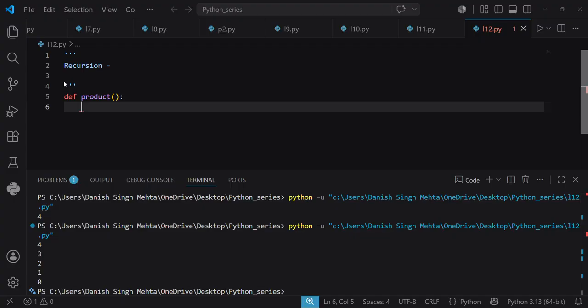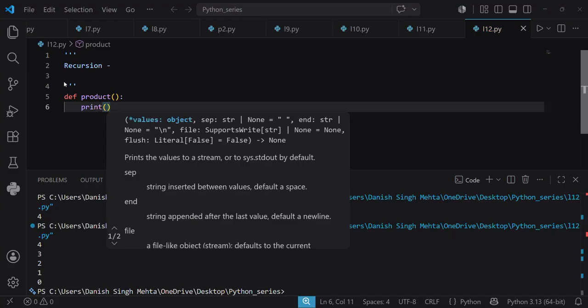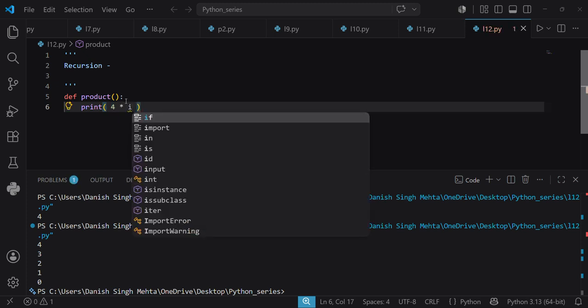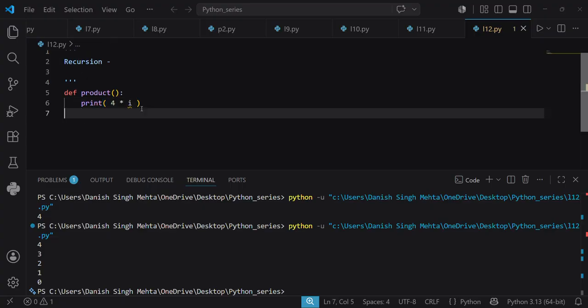So basically we need to print our 4 into our I. I is a number which will iterate from 1 to 10, and 4 will remain the same because we want to find out the multiplication of 4. We will print here. Now we will call,